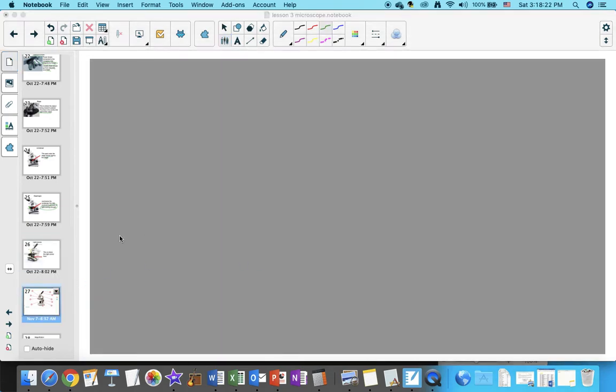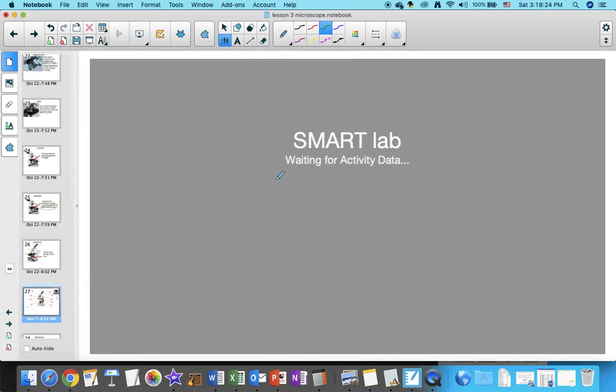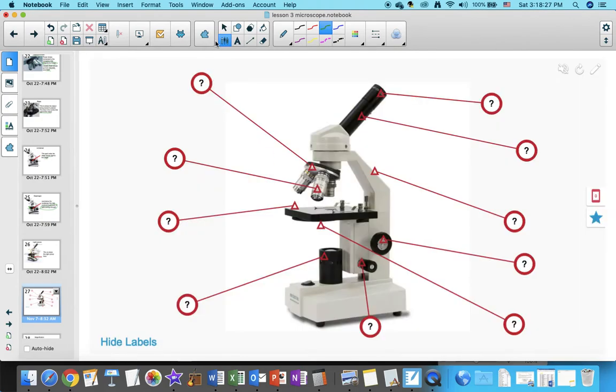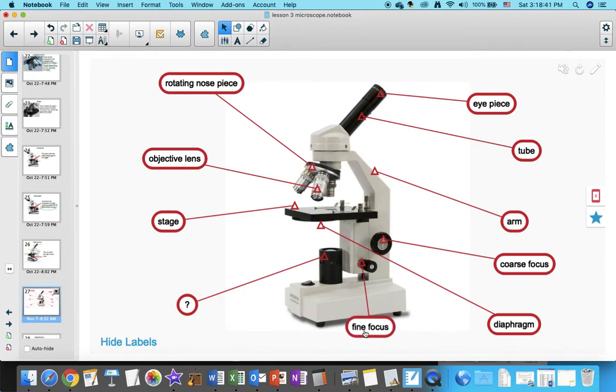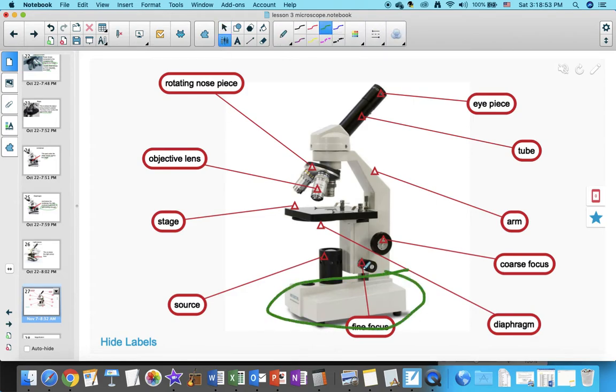And so you need to know all these parts of the microscope. You need to know the eyepiece, the tube, the rotating nosepiece, the arm, the objective lenses, the stage, the coarse focus, the diaphragm, the fine focus. Now, sometimes the fine focus will be on another knob, or it'll come out. There'll be another knob coming out of the coarse focus, and the source. I may even ask you what the base is. That's the base, right? And that's it. That's all you need to know